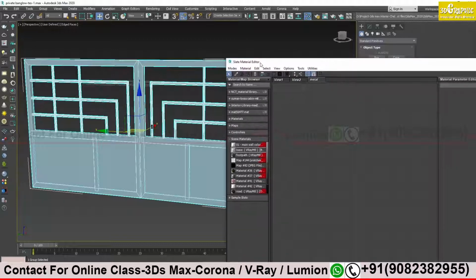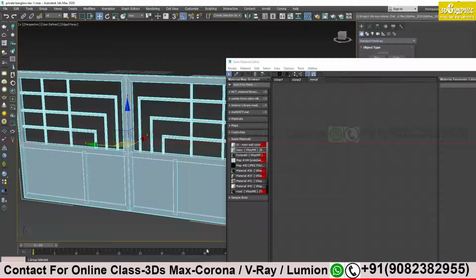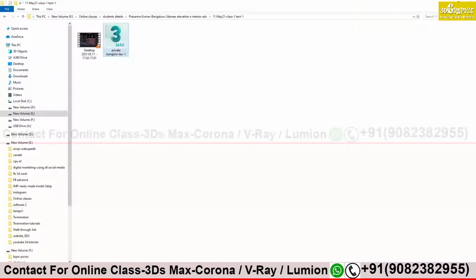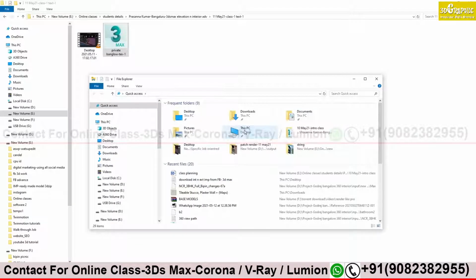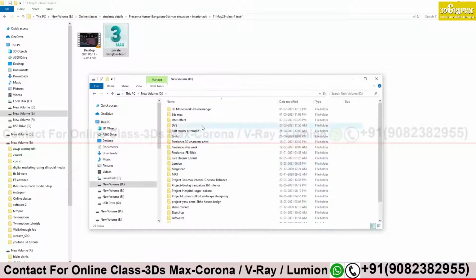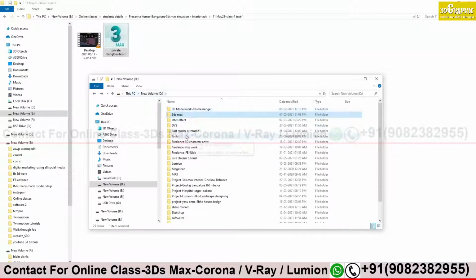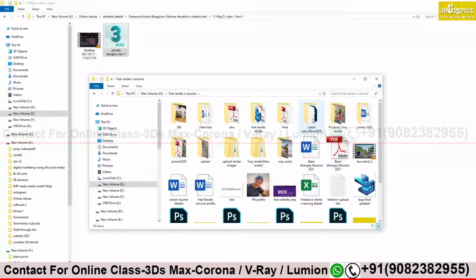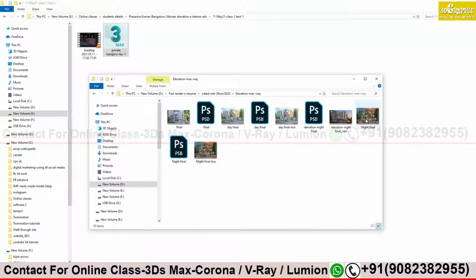Okay, so to create any metal, right now let's see what kind of metal I already have in this view. I'll just open it for reference purposes.